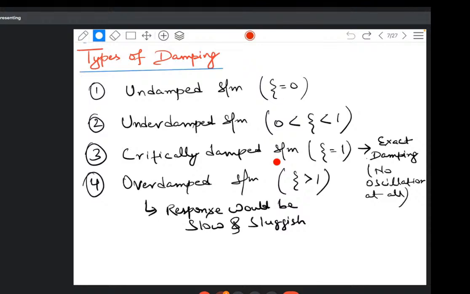So from the idea, what you're doing is you're providing the ideal damping. That means you are able to provide the exact damping that is sufficient to kill all the oscillation. So that is the ideal case, right? Practically, this is not possible. And in the overdamped system, you have provided the critical damping, means you have provided the damping that can kill